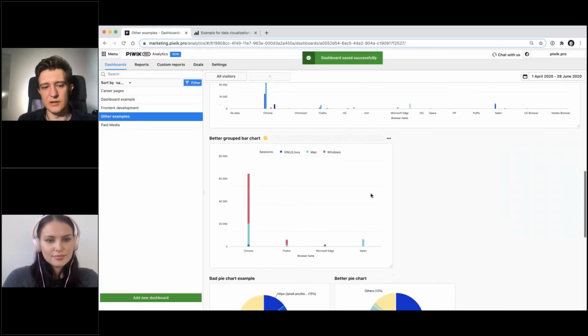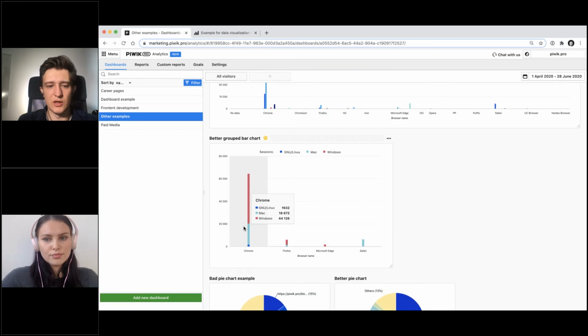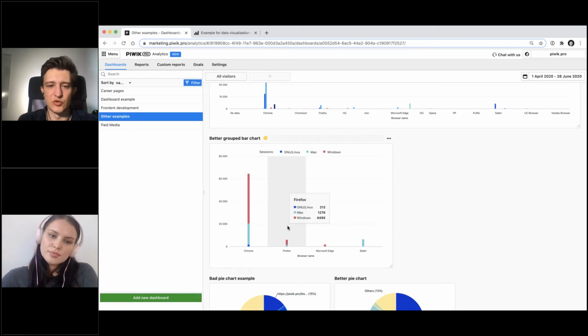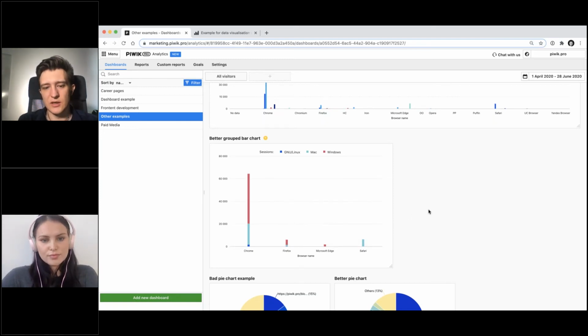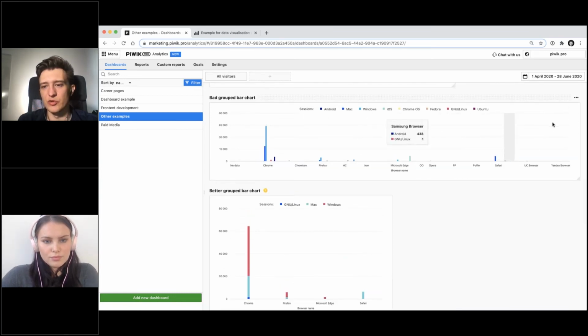Also, I selected a stacked bar chart because the full bar gives me information about one particular browser, and then we split it into parts of operating system, and that is most suitable for this use case, right? And it's still the majority of Chrome users are making this one bar overwhelmingly bigger than the others, but it's much more readable than this weird long